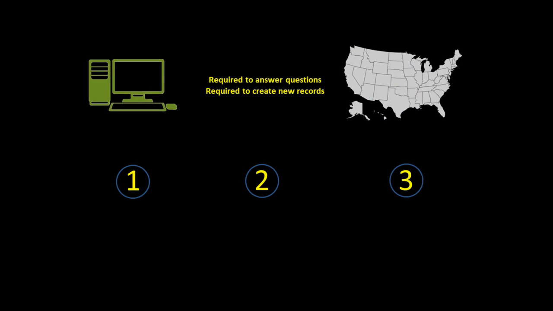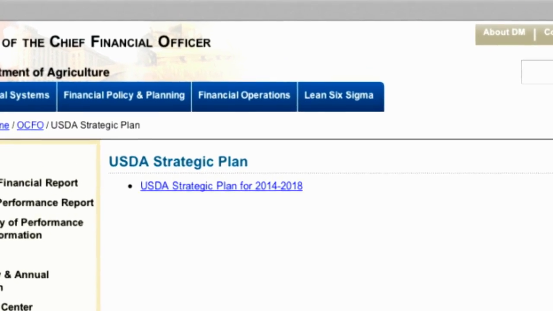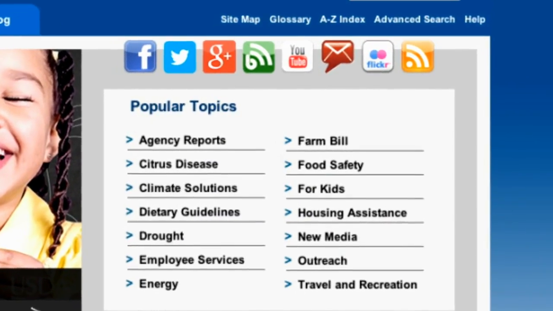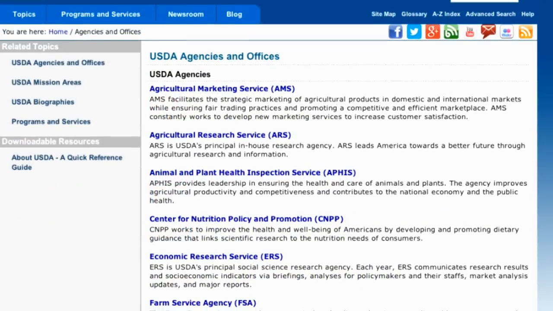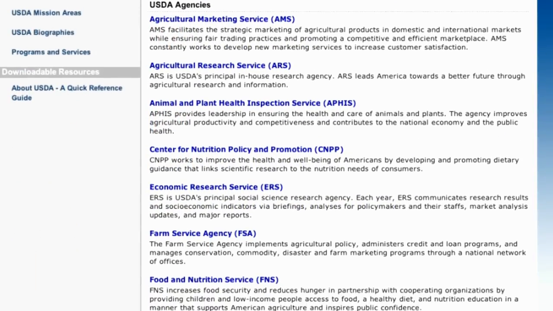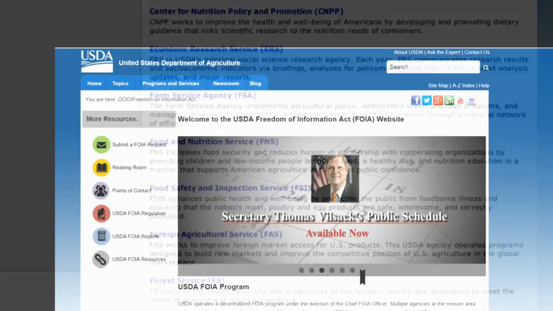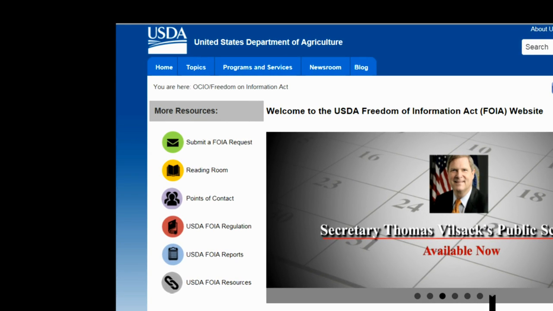Filing a FOIA request is not difficult. However, you should keep in mind these 3 things before getting started. First, the records you seek may already be publicly available at www.usda.gov. USDA's website has a wealth of information about popular topics, public initiatives, and the Secretary's priorities. Our website also allows you to delve into the details of each of the Department's component agency programs. In some cases, you might be able to find what you need when you need it at your convenience without filing